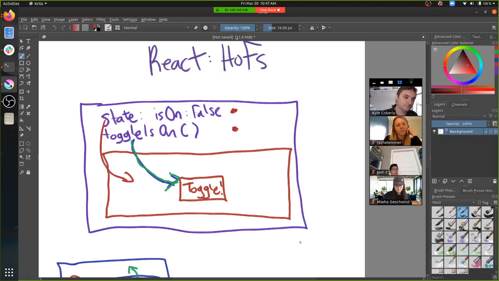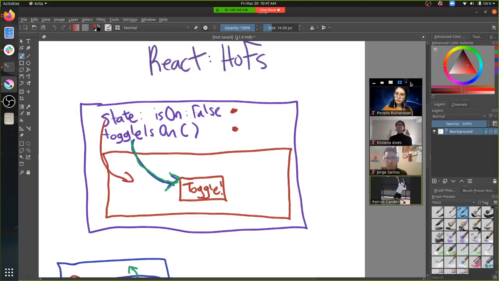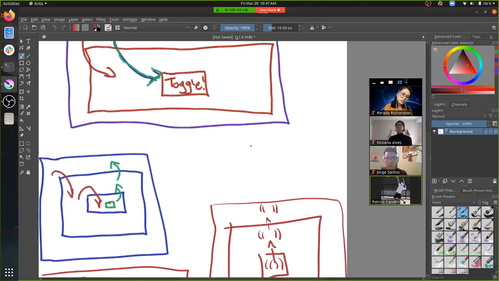More questions? So Kyle, just to clarify that question. Let's say there was some state that needed to be shared between components. Even if you're using hooks, you would still need to define that state in a higher parent component and trickle that down, even if they are functional components. Correct. Yeah, only being able to pass things down, that's like a law of physics in components. It's the only direction you can do stuff.